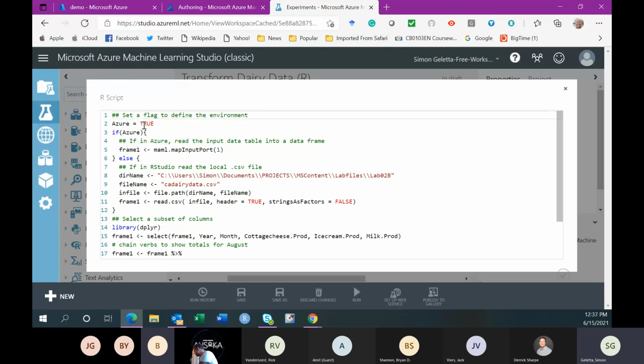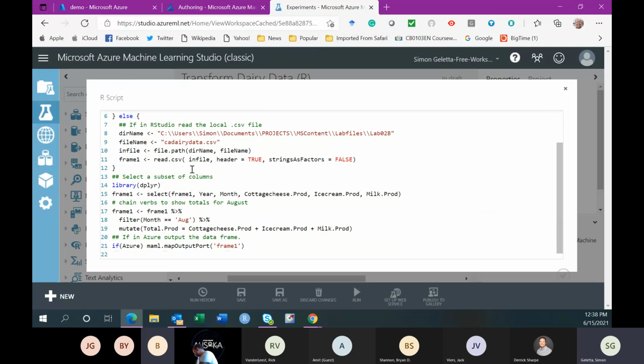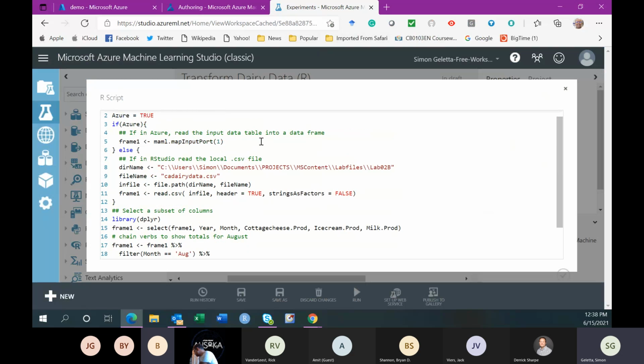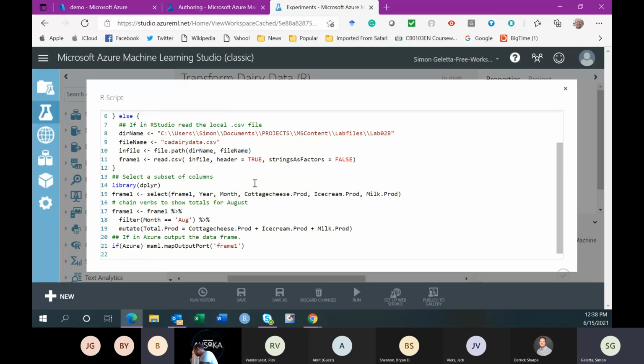When it's running on my desktop, this will be false, and all the resources on my desktop are used. When this is true, those resources will not be used, and Azure will be used instead. But basically the code is the same. That's usually the way you set yourself up for working on the cloud.